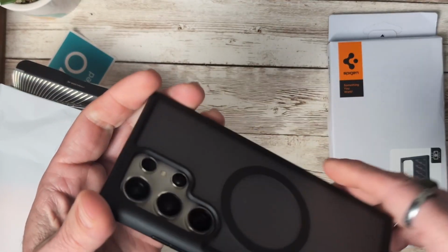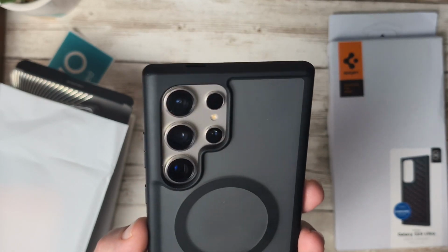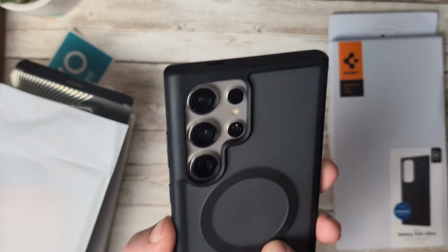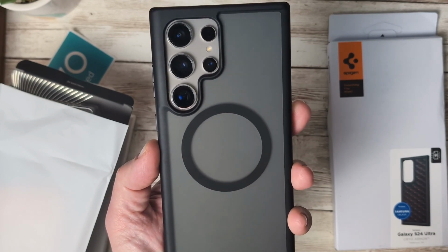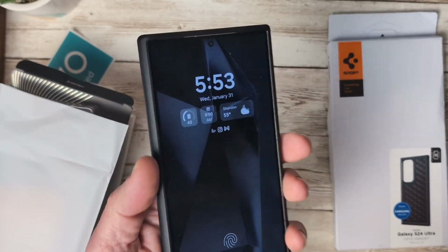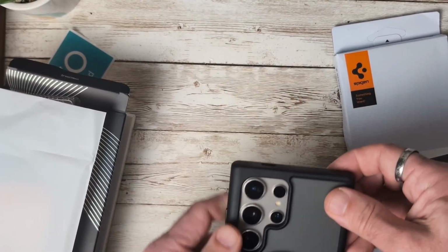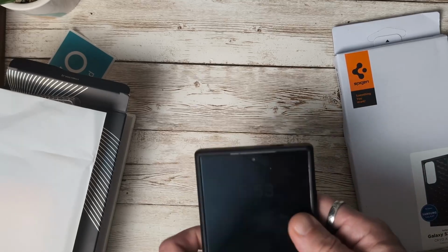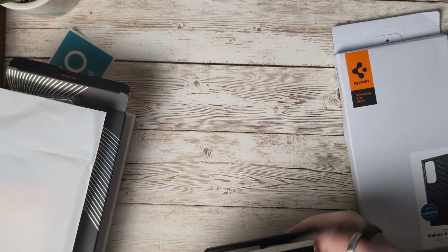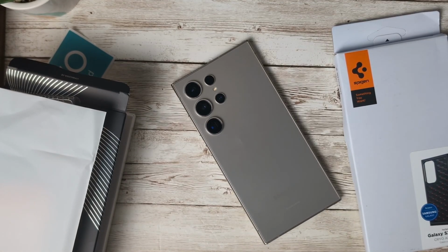So this is definitely one of these cases I would recommend. I love MagSafe, and having the ability to add that to my S24 Ultra is great. So, all right, that is the Torx case. Let's go ahead and pop that one off, and let's take a look at our next case, which is our